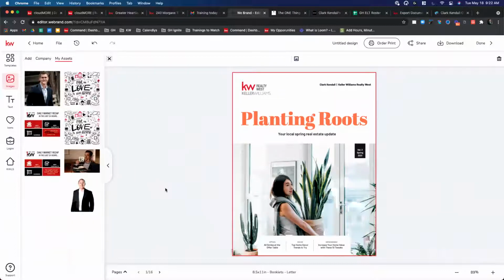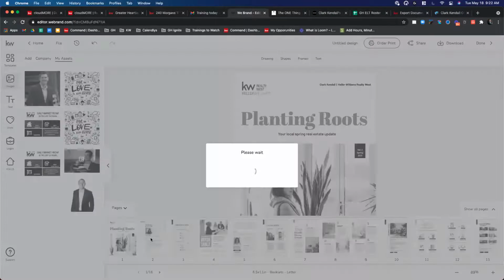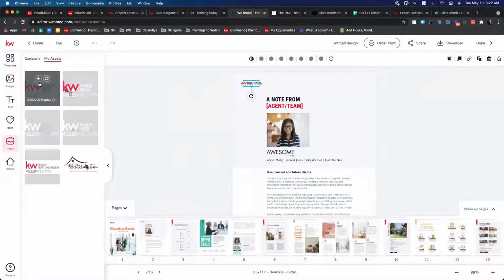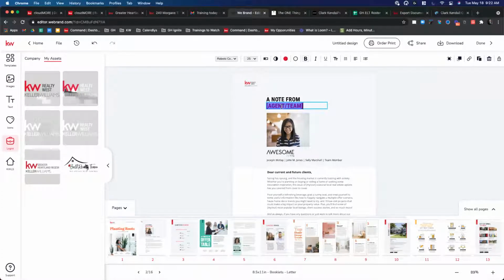All right. Let's move on to the next page. This one's done, right? Just in that quick fashion, I've changed the logo and the name. When we go to the next page, it would be rinse and repeat, right? So anywhere that has a logo, I'm going to click on the logo. I'm going to replace it. Done and done.